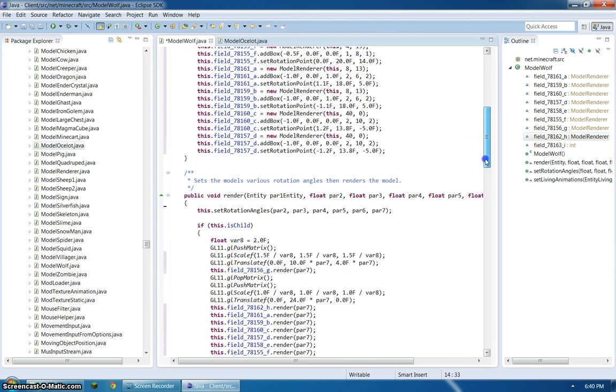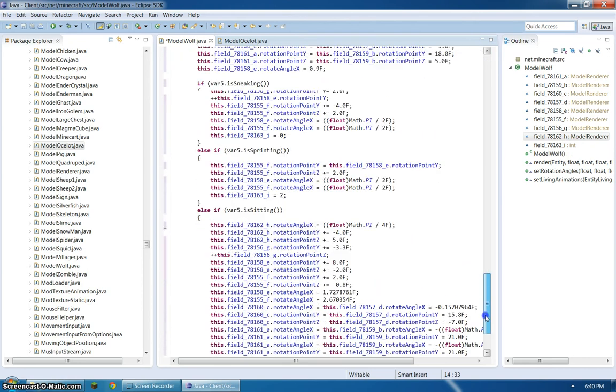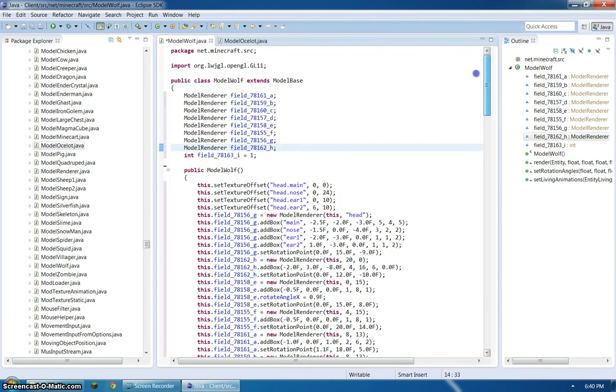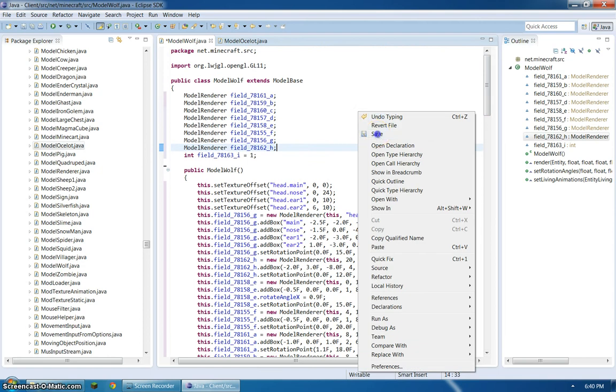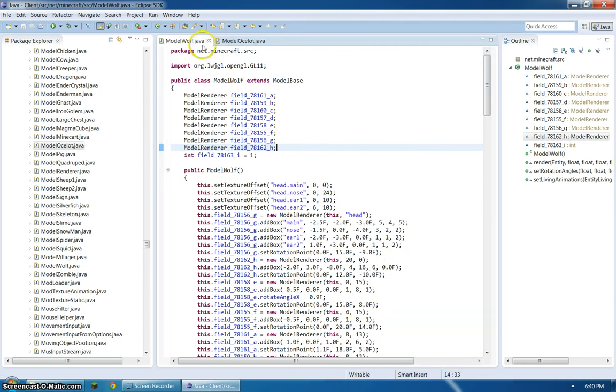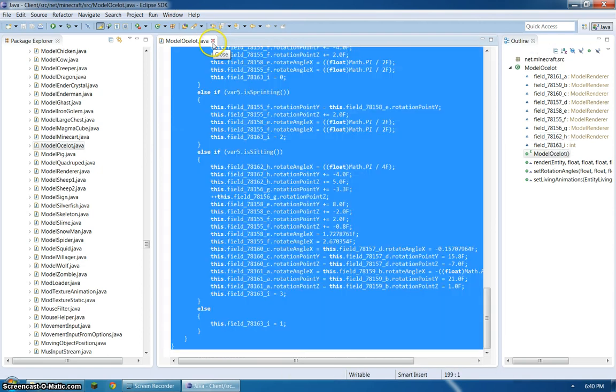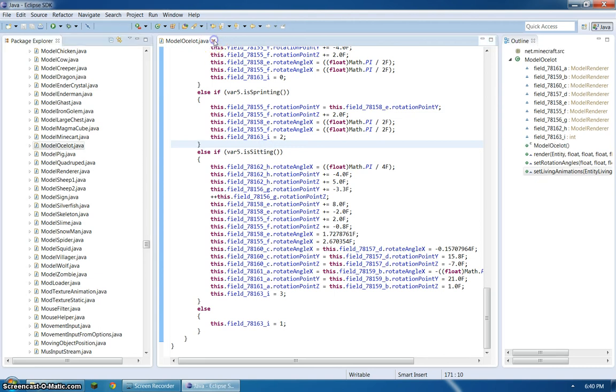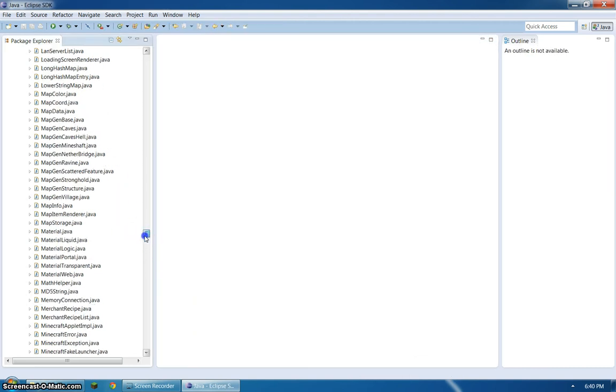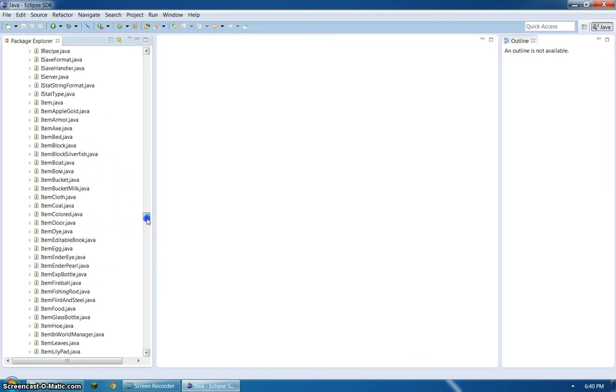Just go down real quick. There should be no more errors. Good. Save model wolf. X out of it and model ocelot. Model ocelot's fine. And then you don't want the ocelot to glitch looking like a wolf, so you want to